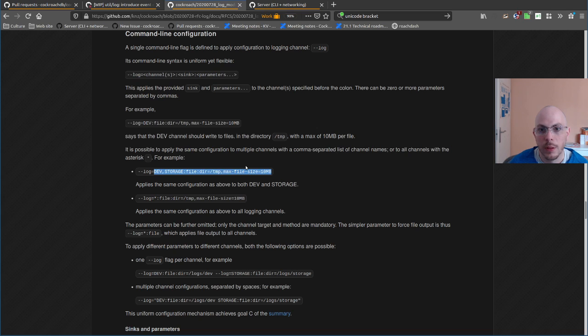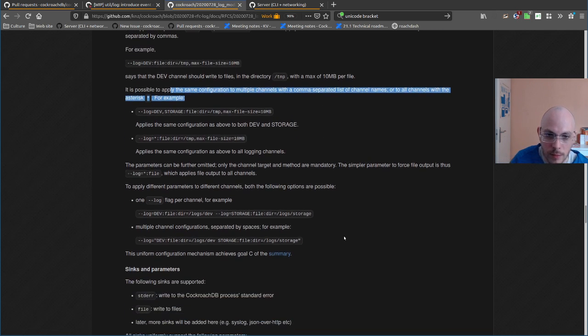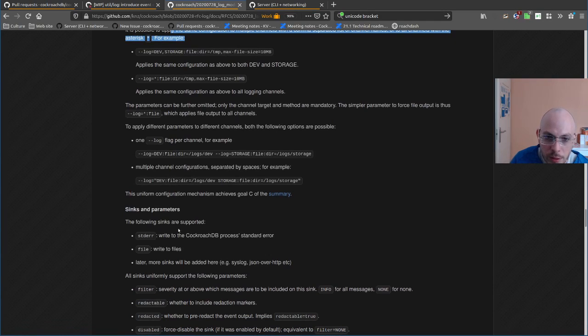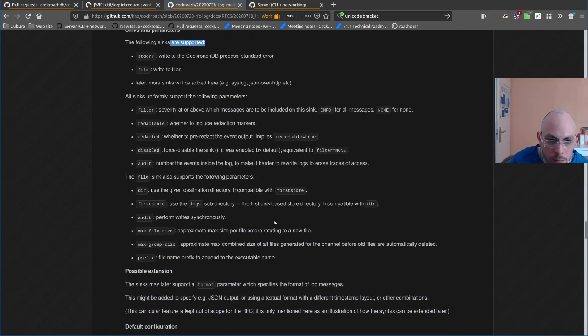So we have logging channels inside CockroachDB, and we want to make them configurable, go to different places with different parameters. We have configuration formats that allow us to apply the same configuration to multiple channels. The question could be, can I have multiple sinks for a single channel? Let us see.